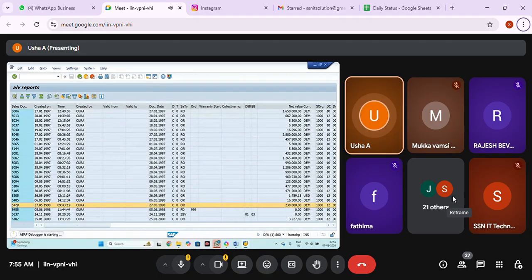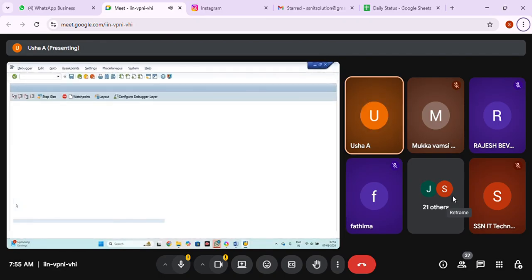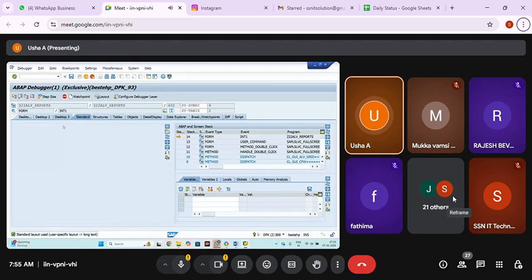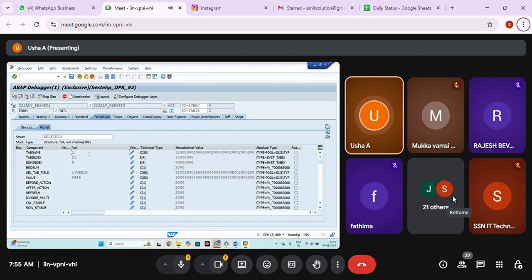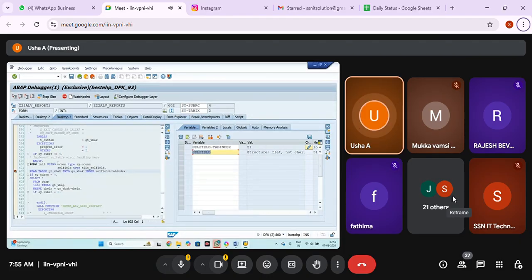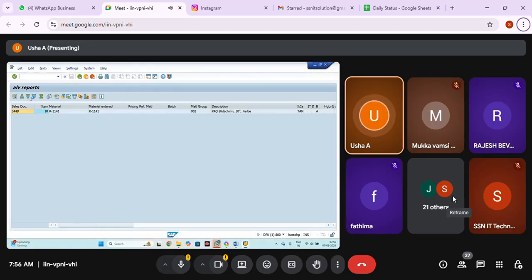I'm selecting on 5449. You can see, okay, what is the index number 21. You can see cell field which is going to capture all the values, which row it has got selected, what is the value, whatever we selected, everything is going to store. I'm just taking here the index number, passing to that and getting the VBELN and then passing to that VBAP table data and then displaying.